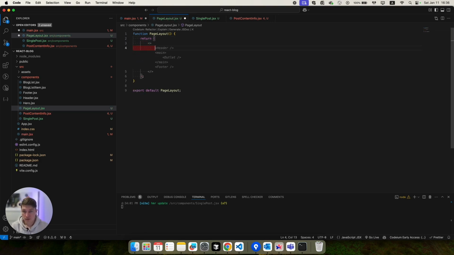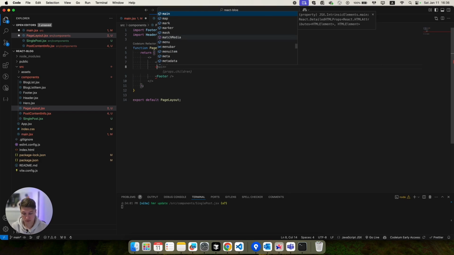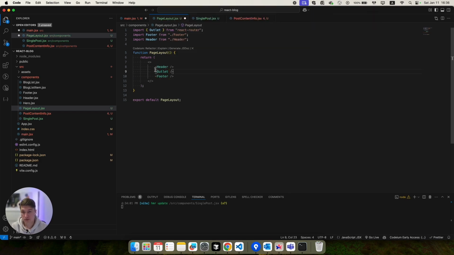Inside of this component, we of course will render the header, we will render the footer, and also we need to render the special component. It's called outlet. So this is like a placeholder where our component from the router will be rendered.